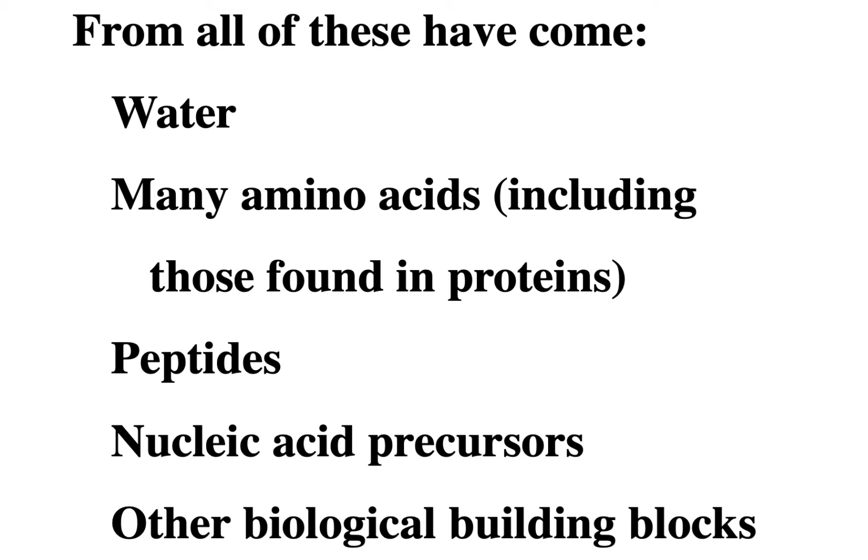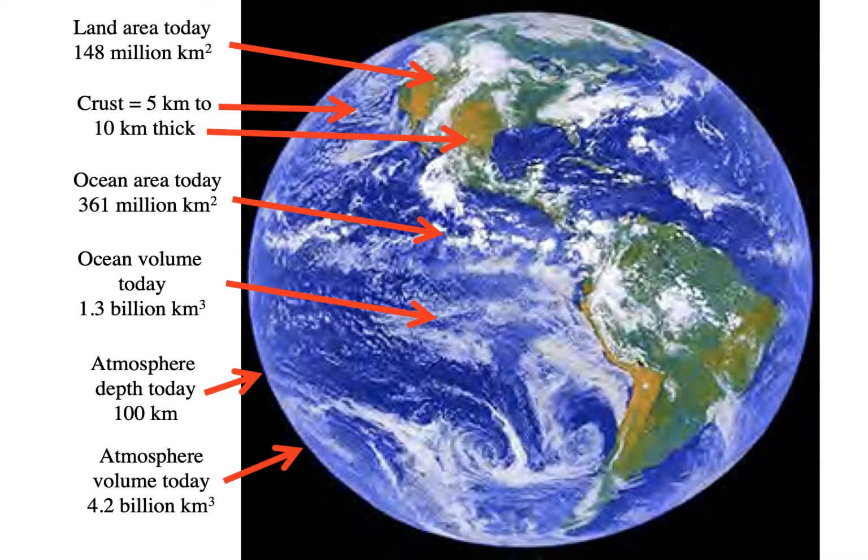And it was only a small group of ones that were fortuitously selected by the first organisms that are now used in biological systems. So now we think that the origin was in the bottom of the oceans,